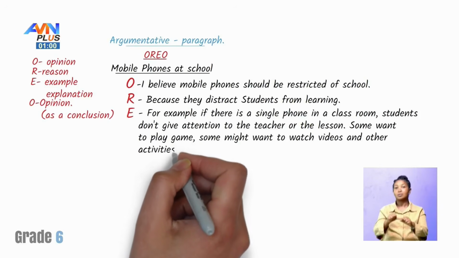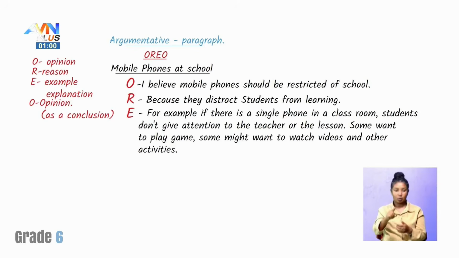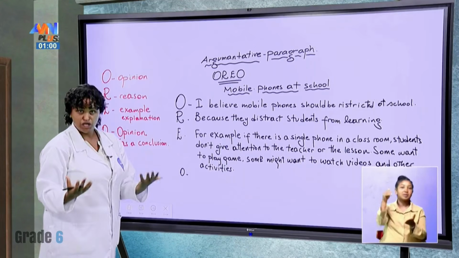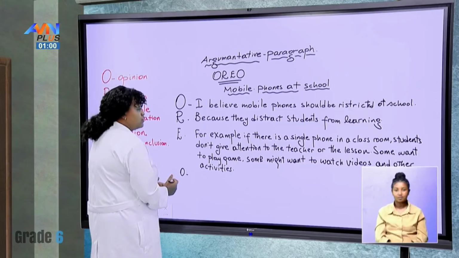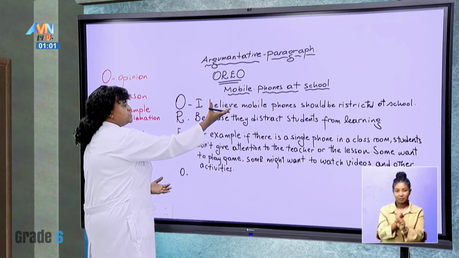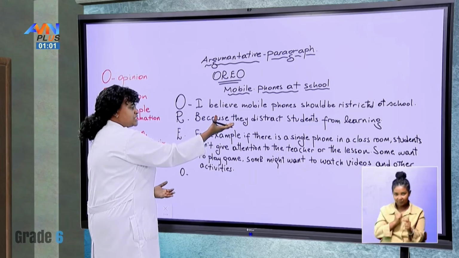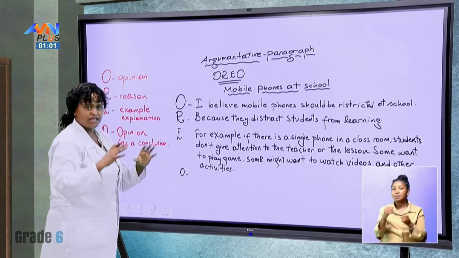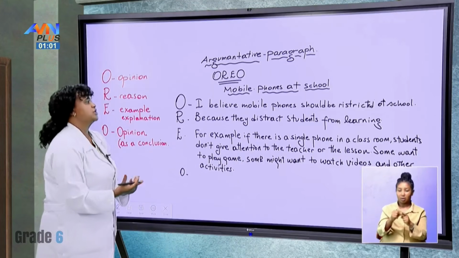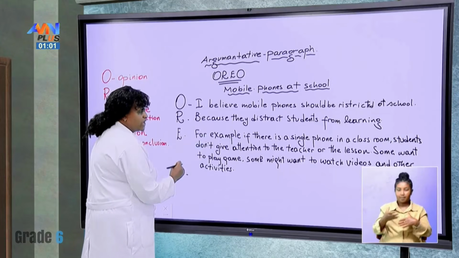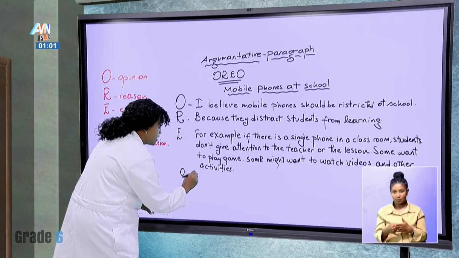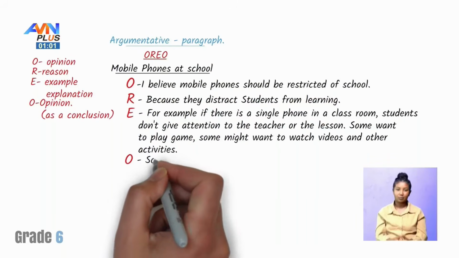So far from our Oreo, we have done the O, R, E. Let's go to the last O, which means you are going to restate our opinion as a conclusion. So now we're going to conclude. We have come with our belief, explained the reason, and given some examples that could happen in our classroom. Let us conclude our topic here. What do we say? So, I believe